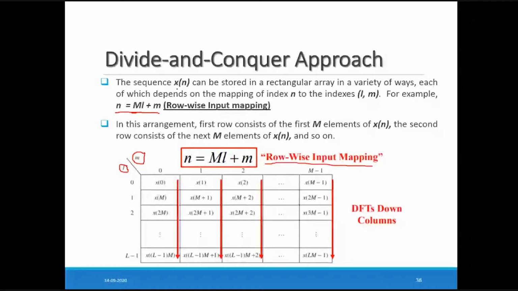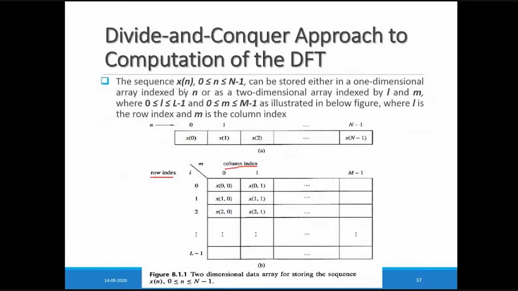Small n values are nothing but 0 less than or equal to n less than or equal to capital N minus 1. For example, suppose capital N is equal to 4. In that case, the total number of samples is 4, and we represent these samples starting from 0, then 1, 2, and 3. These are our input sequence samples. Now you can represent them in a row and column index, or in a rectangular window or two-dimensional array: 2 cross 2, 3 cross 3, 4 cross 4, like this.